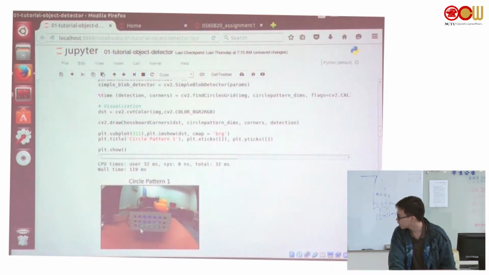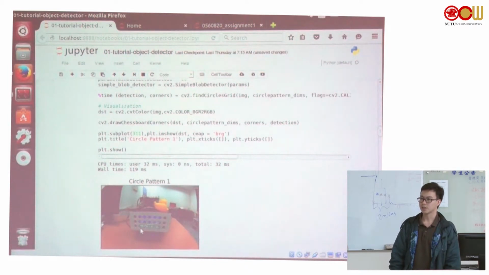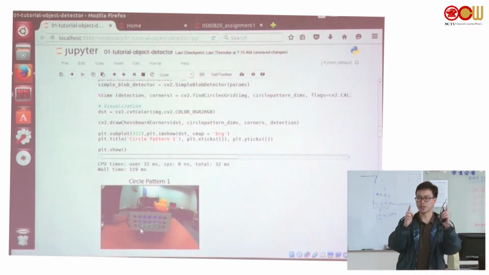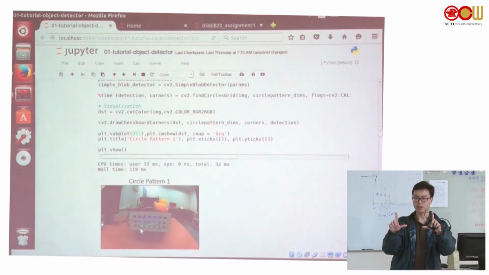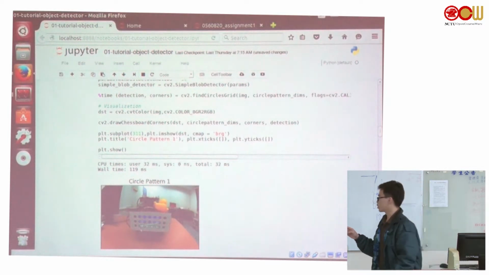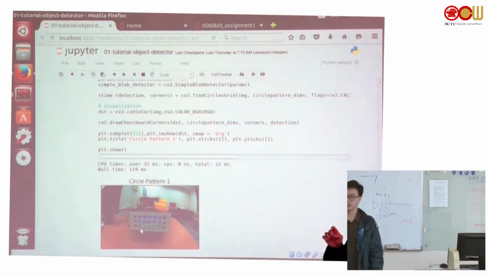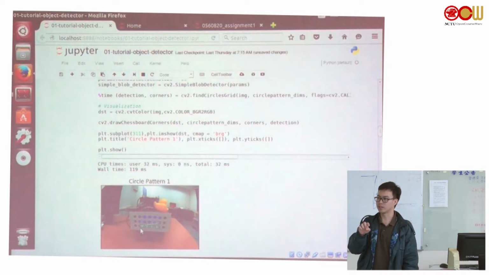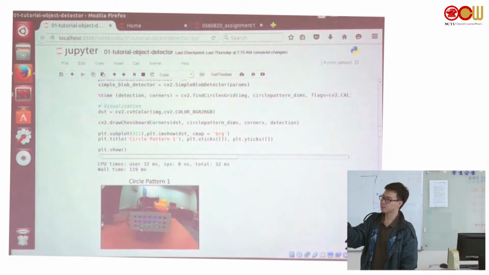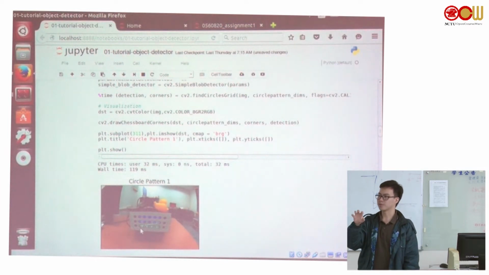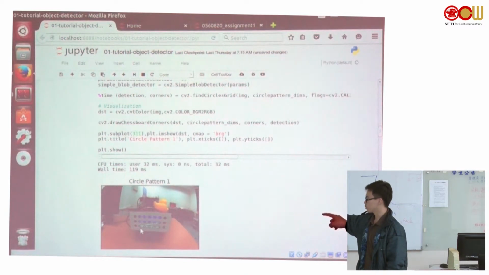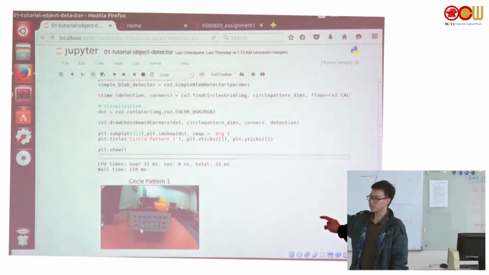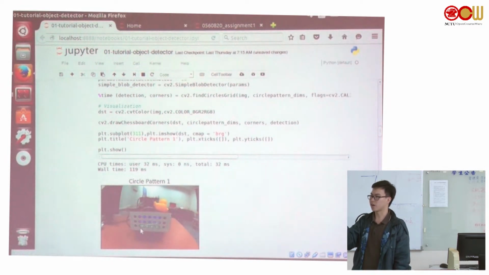As we can see here, what Jack is saying is correct. If you change to 5 by 3, actually it will shift it. So the detection will be in the middle. And do you guys also see the line that tries to make some pattern within the blob, within the circle points? That is what the simple blob detector does. So simple blob detector actually detects shapes of some curvy shapes. For example, these shapes. And then for these shapes, it will show you how many points are detected and how many points have the